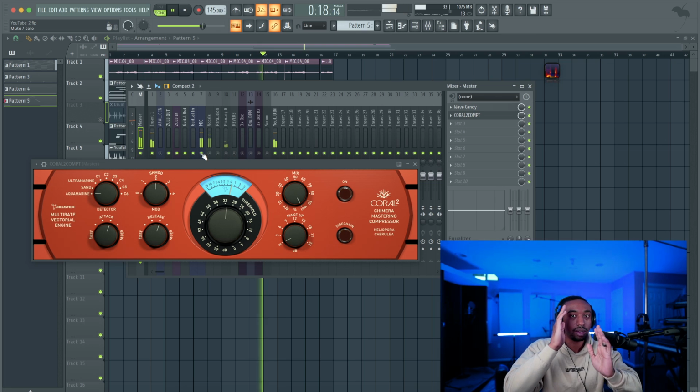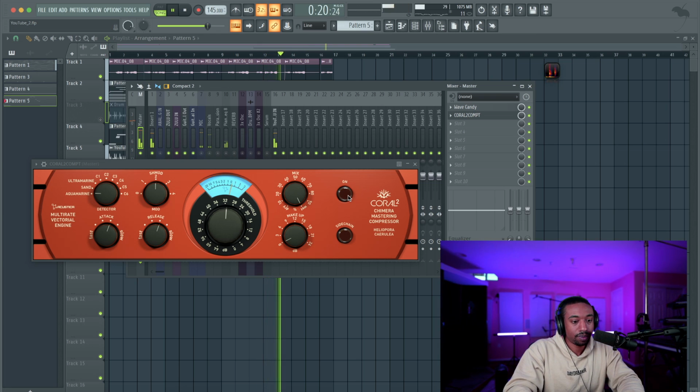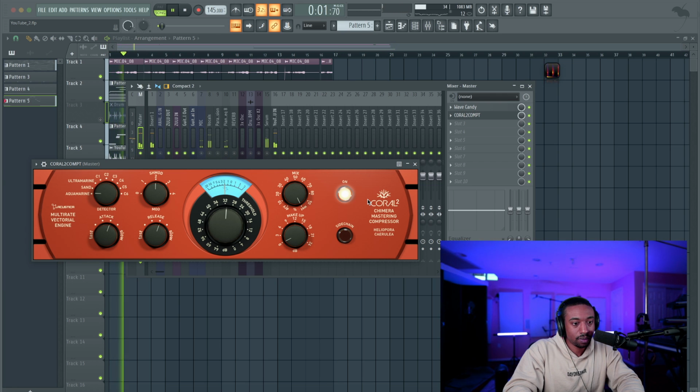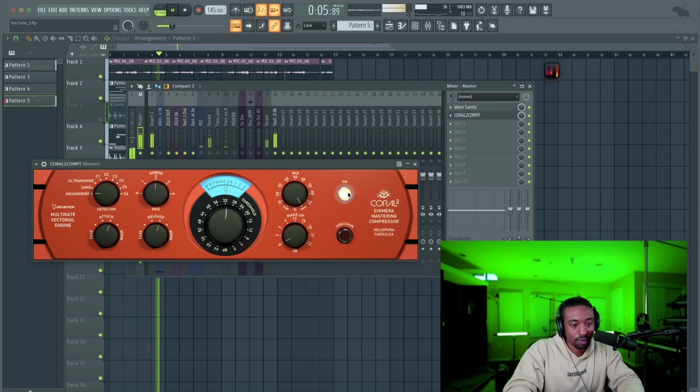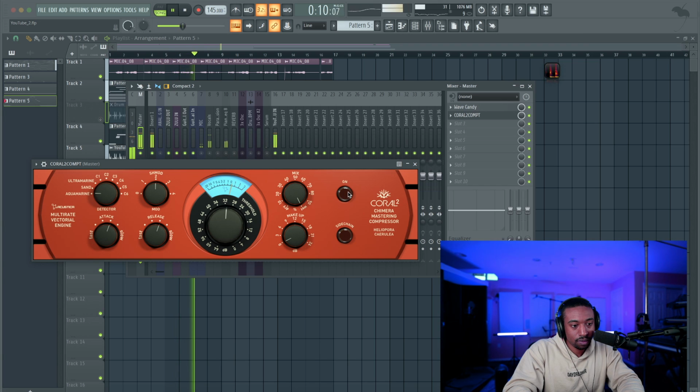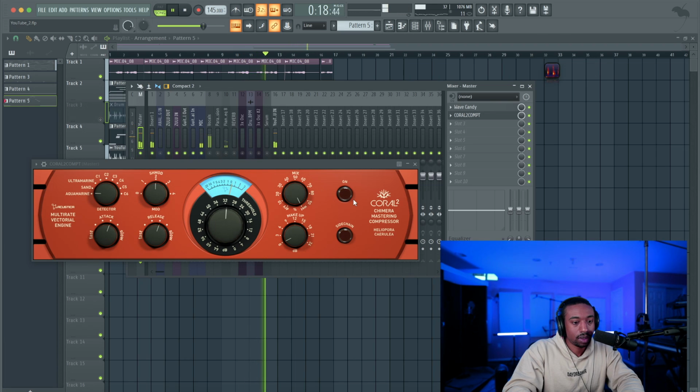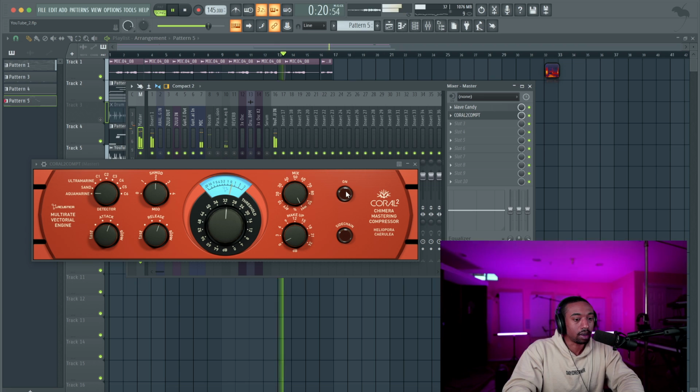Listen to how tight the sides sound. Here's with the compressor off. Now listen to the sharpness of the kick and the snare as I turn it on.